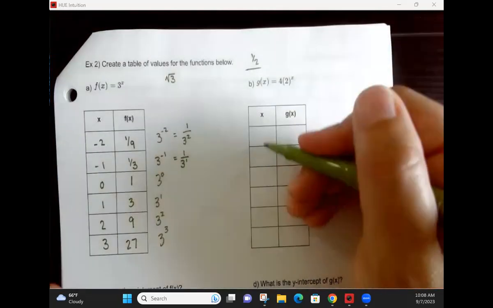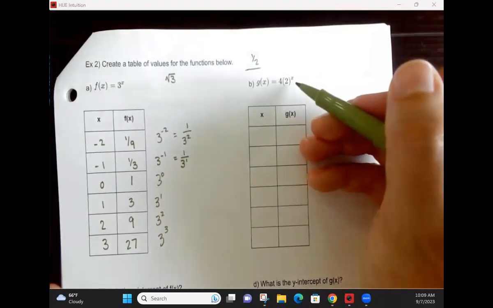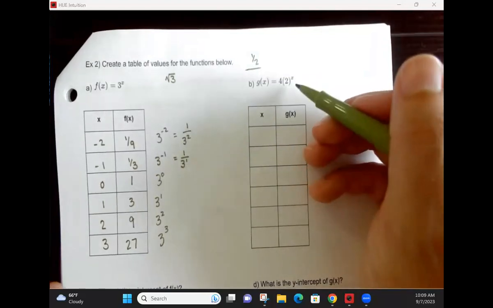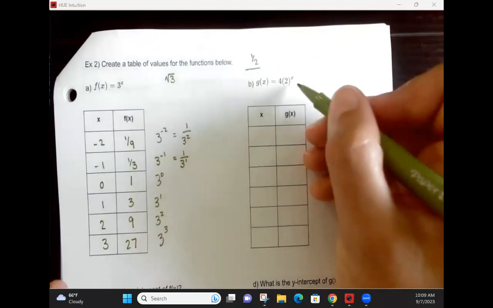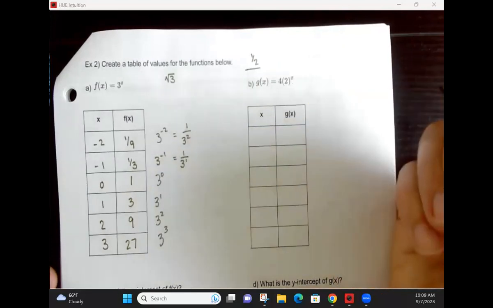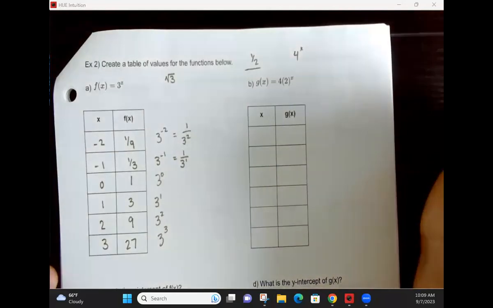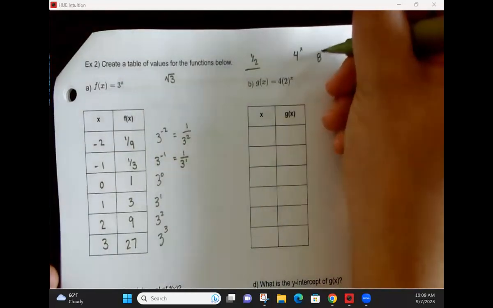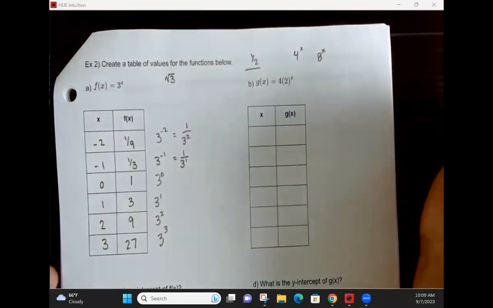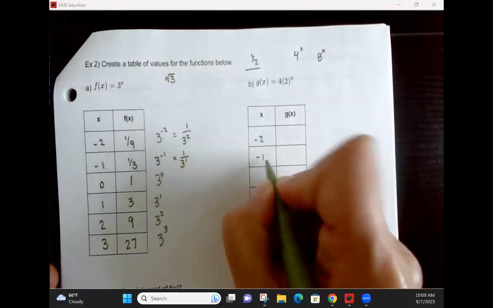I pick the same x values to plug in for this function? Sure. Would I want to do a 1/2 or a 1/3 on this one? No, the 2 still isn't going to have a nice square root, right? If I had maybe 4 to the x, then plug in a 1/2. Sure, that's fine. If you had 8 to the x, plug in a 1/3. That's fine. So this would be, if I use those same x values,